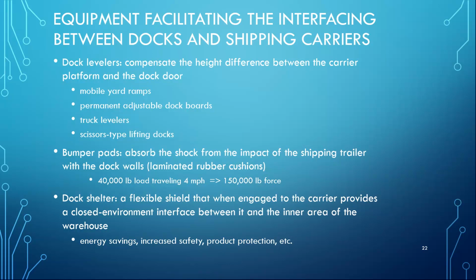We also need to use the bumper pads, which absorb the shock from the impact of the shipping trailer with the dock walls when it backs up all the way to get into the loading dock as close as possible, so it touches the loading dock